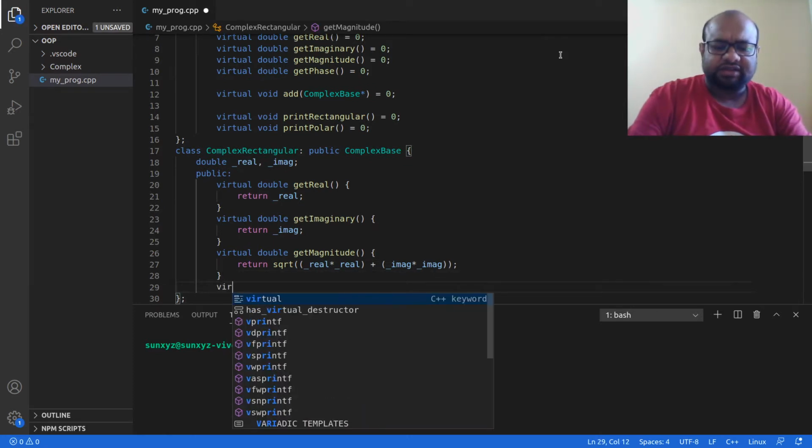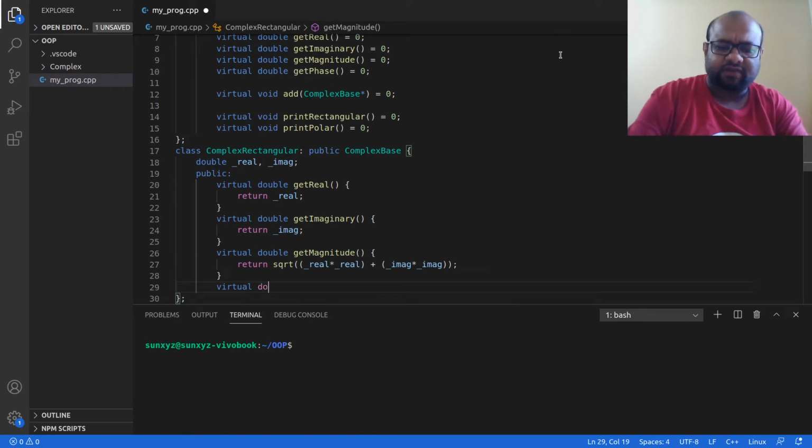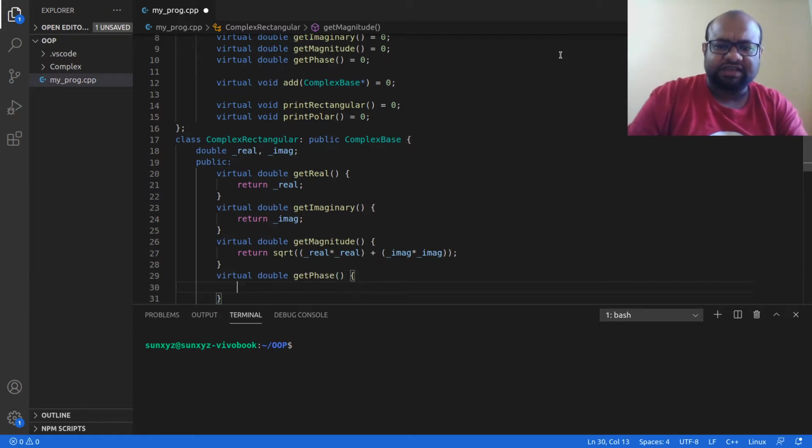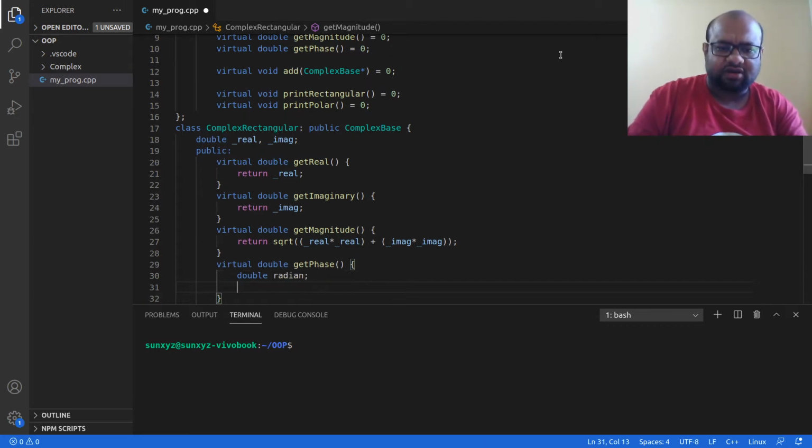Next I am going to return the phase angle, get phase, and this is a bit complicated, but we still know the formula. I have something called radian.